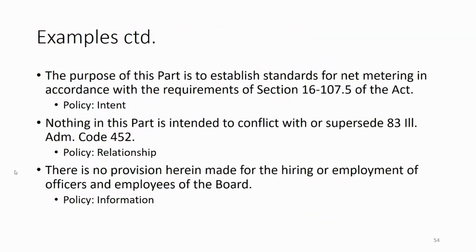So continuing those examples, for the policy side, we'll find, of course, selected mappings as well. So the first statement represents a purpose of a particular policy. It suggests that the purpose of this part is to establish standards, where the characterized entity is the policy, and it of course captures the intent. And the second statement makes reference to a relationship between policies, again annotated accordingly. And the last one basically suggests that the policy does not contain certain provisions, so it's of informational nature in the widest sense.